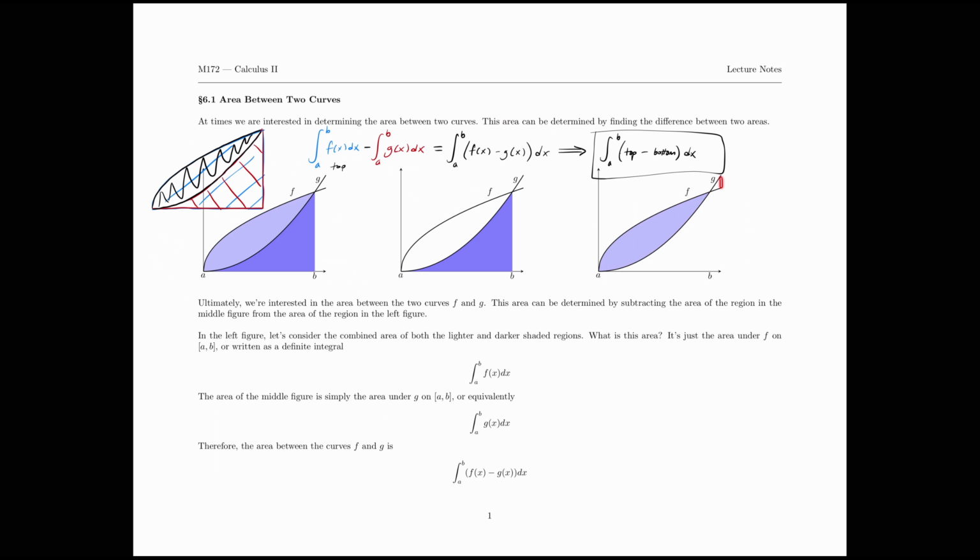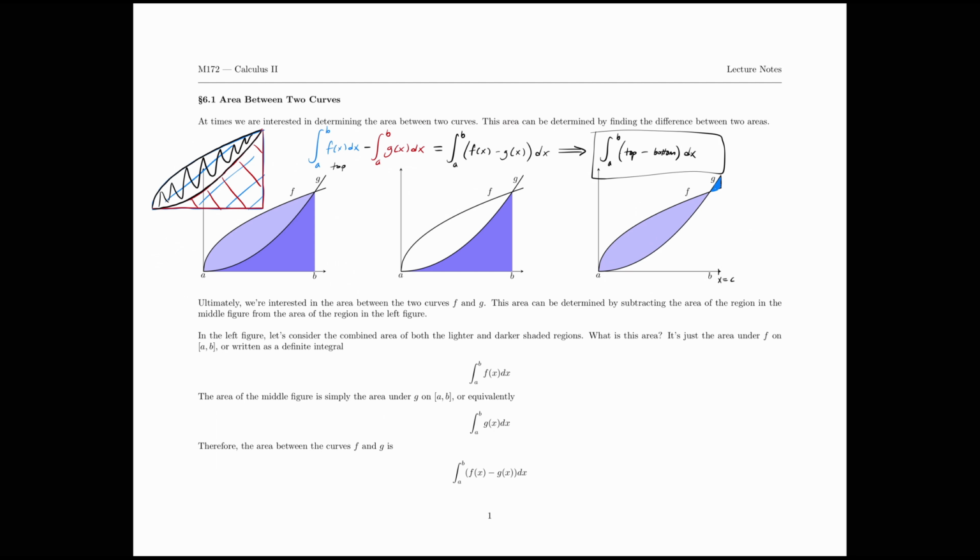If you wanted to know this additional area here, so this area added to this little area, then we couldn't keep the same order of subtraction, because from A to B, F is on top, G is on the bottom, but from x equals B to, I don't know, let's just say that this value here is, I'll call that x equals c. So if we wanted this full area here,